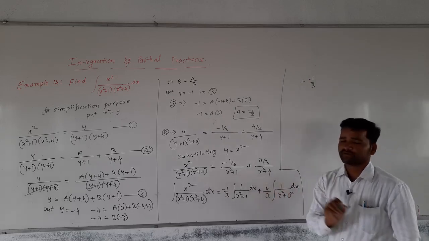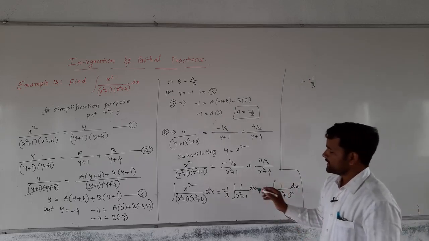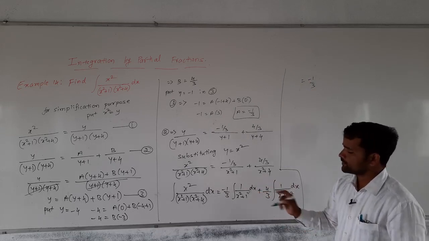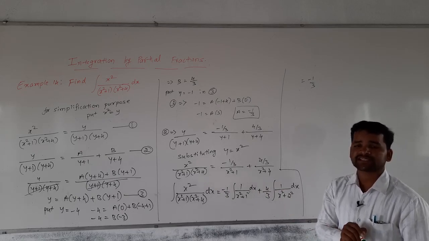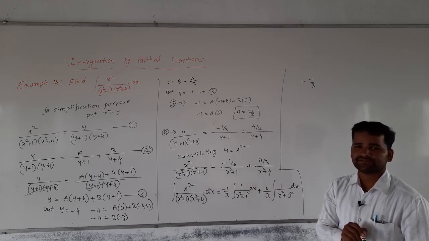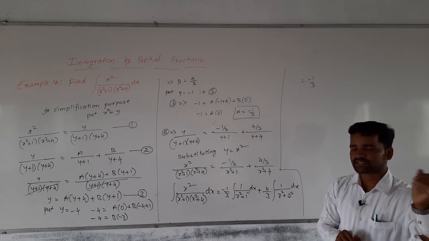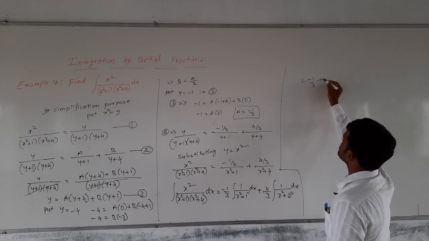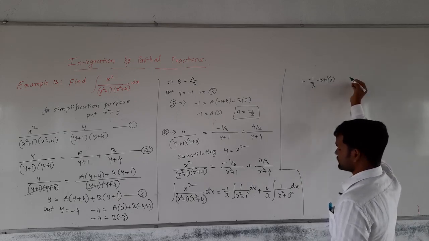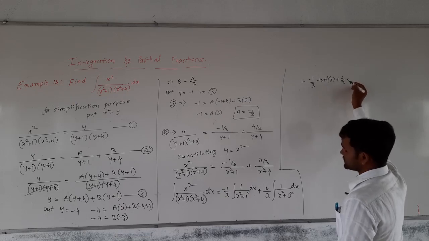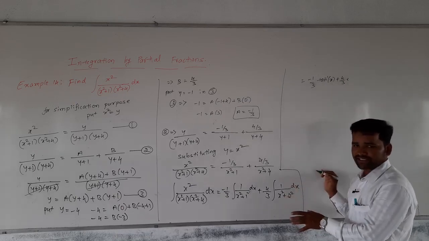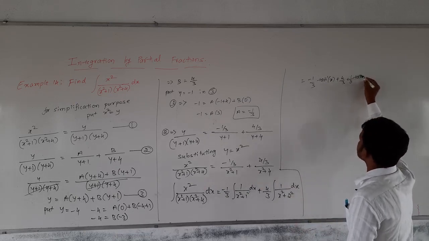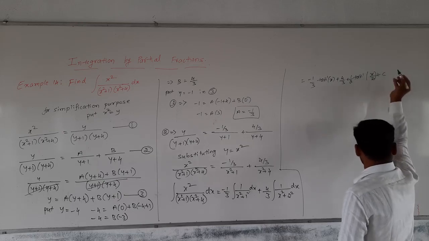Now integrating minus 1 by 3 as it is. What is integration of 1 by x square plus 1? It is like x square plus 1 square. It is in the form 1 by x square plus a square. We have the answer as 1 by a into tan inverse of x by a, integration of some particular functions concept. Okay, that is 1 by 1 into tan inverse of x by 1, plus 4 by 3 as it is. Here again it is in the same form, 1 by x square plus a square. A is equal to 2 here, that's all. 1 by 2 into tan inverse of x by 2 plus c.